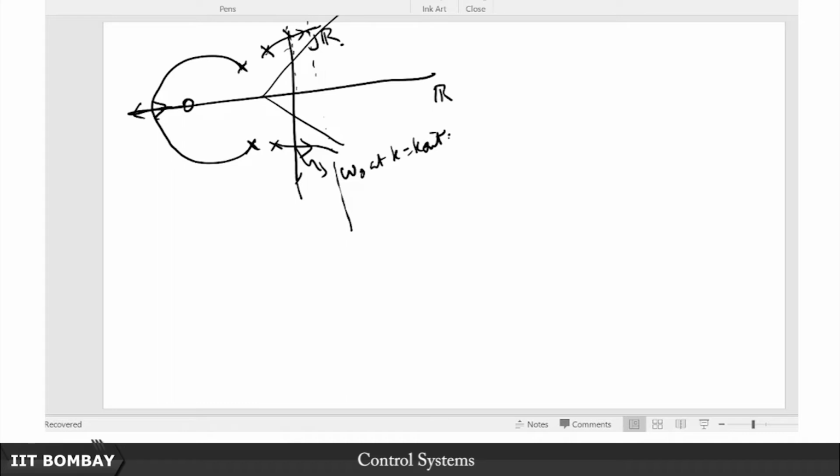So if you keep your gain very low, then you will be stable. This is our understanding of the system, as we have seen earlier also. That is why it is not a very smart idea to always use very high values of k, even if it might be desirable from the point of view of reducing the steady state error, because it might eventually violate stability, especially for higher order systems like these. Some asymptotes will always point you towards the right half plane. Beyond some value of k, you will always go to the right half plane. Now we want to capture this notion